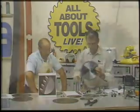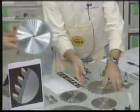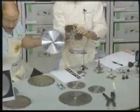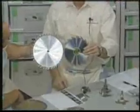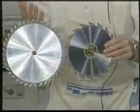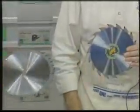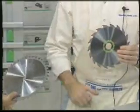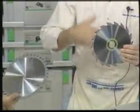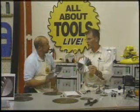Right. Now, we have a gullet of one size here. If you could just hold this here, and we have another gullet here. Quite a bit of difference in size. But the gullet is there for only one purpose, and that's to allow for chip removal, handling debris during the cut. The larger the gullet, the better able it is to handle large amounts of debris or generate a faster